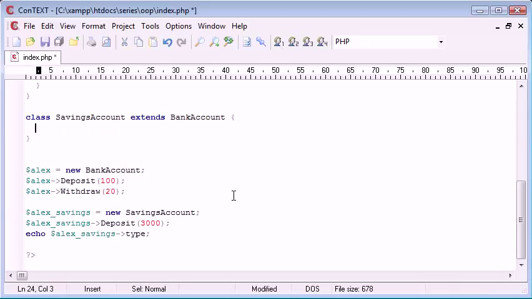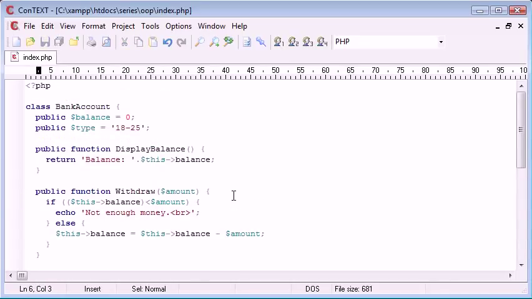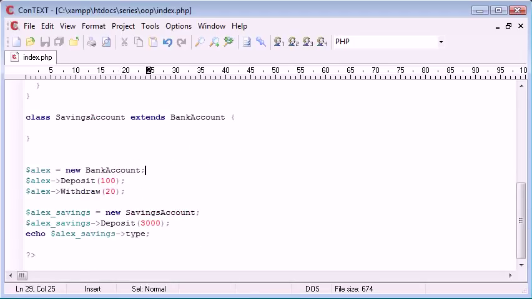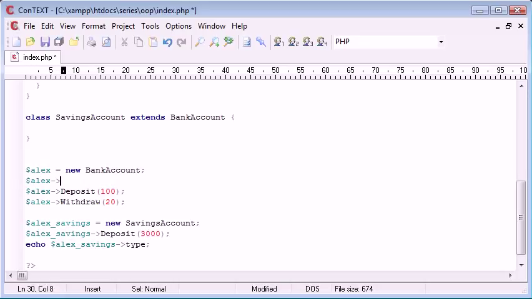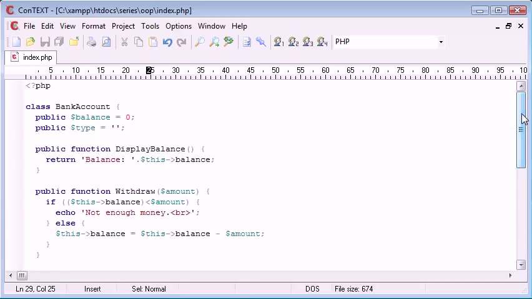But if we did want to use it with bank account, we can cut that from there, we can put it in there, and now what happens is this is available for each instance we create. So what we might do is we might create a new bank account, and then we might say we might give it a specific value, and we'd need a method to do this. So we could create a new method called